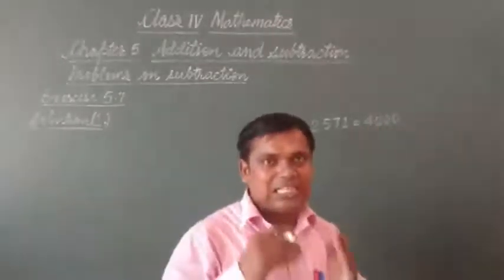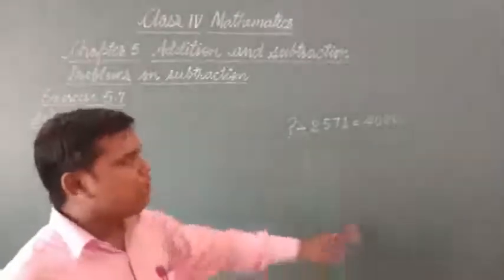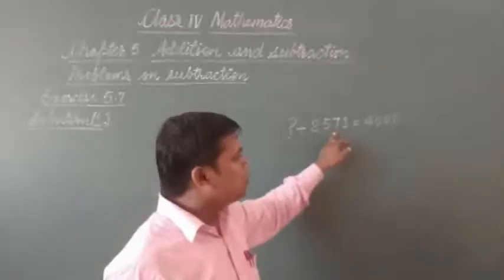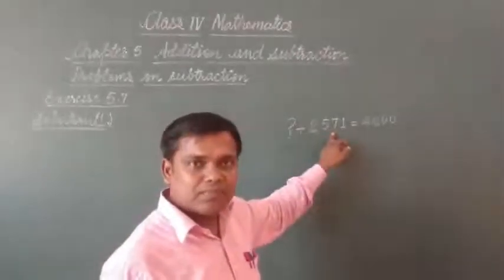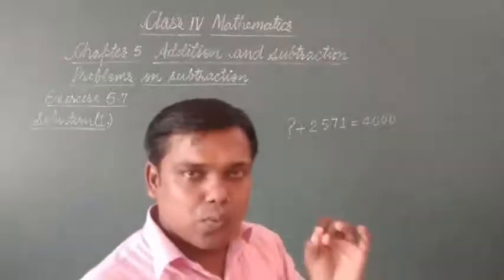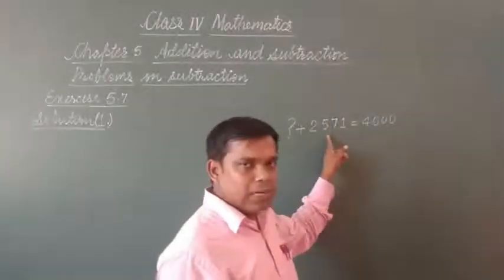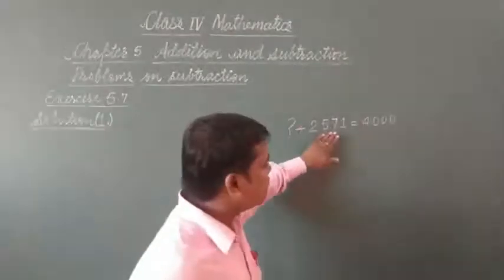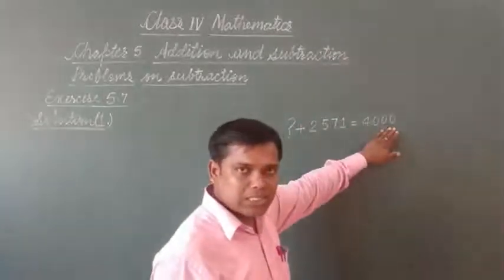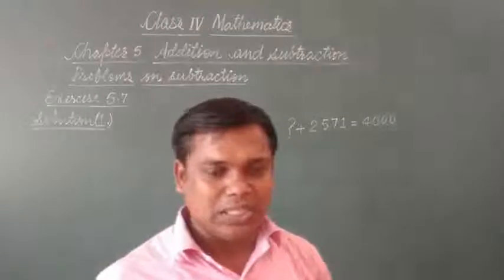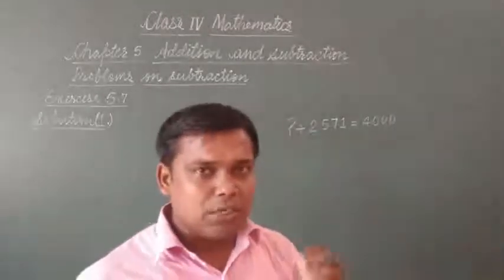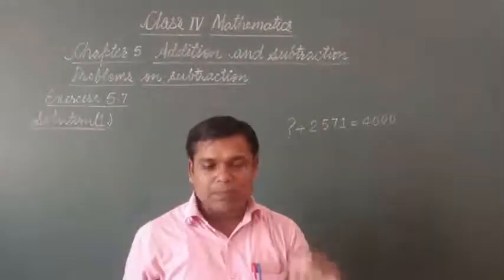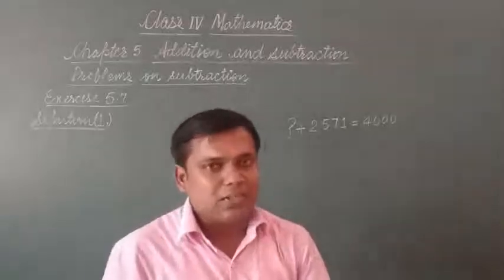So we write like this. The sum of two numbers is equal to 4000. One number is equal to 2571. So other number is equal to 4000 minus this number. Means whatever number will be here, if we want to get this number, we subtract this number from this total sum. We get that one. Okay. You see example number 14 in your book. It is given exactly same. The sum of two numbers is given. One of them is given and it is asking to find the other.